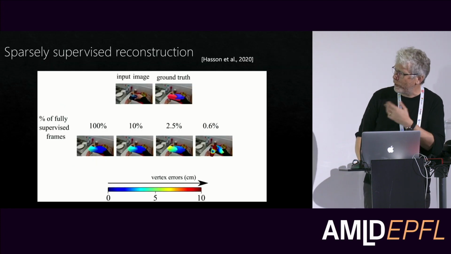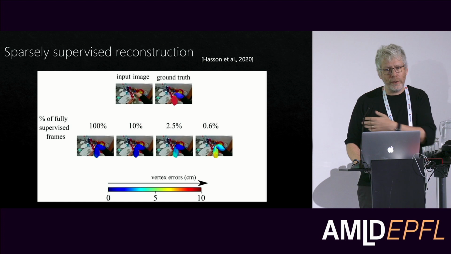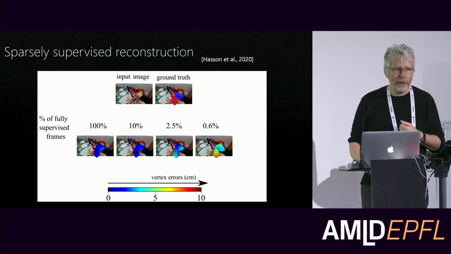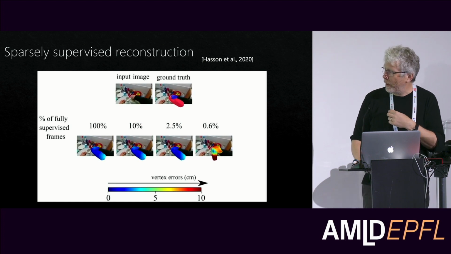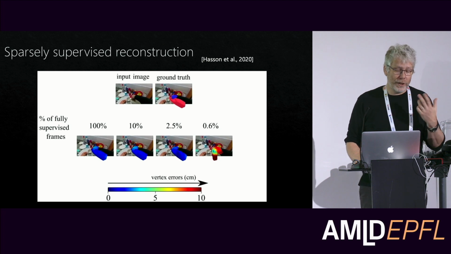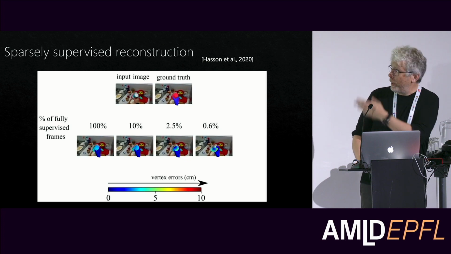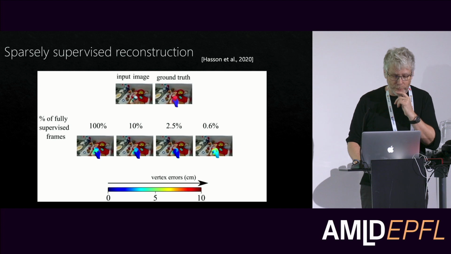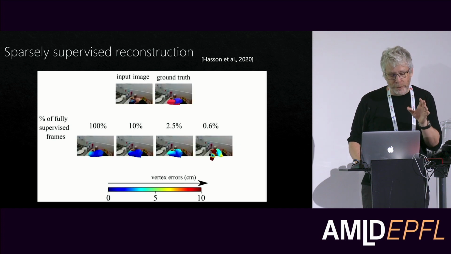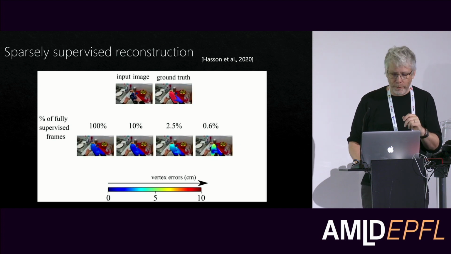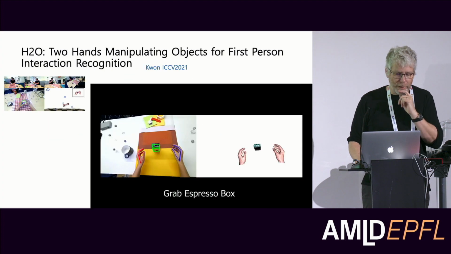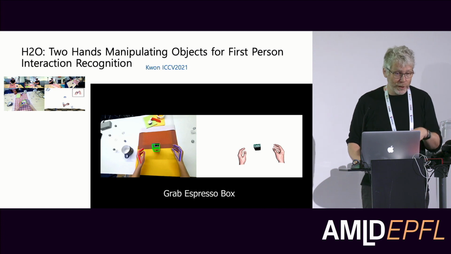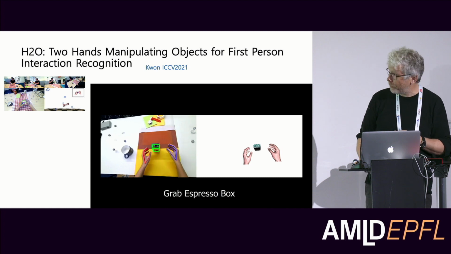Here's some work. This was done also beyond the GRC collaboration. We also have collaborations with INRIA. And this was actually Yana Hasson. She came for an internship, and we had this paper in 2020 with her, where we looked in particular at using less training data to enable some of these scenarios. This is work, and you'll hear more about this from Taein Kwon, who's here in the room, who's a PhD student at ETH in my group, and also working with